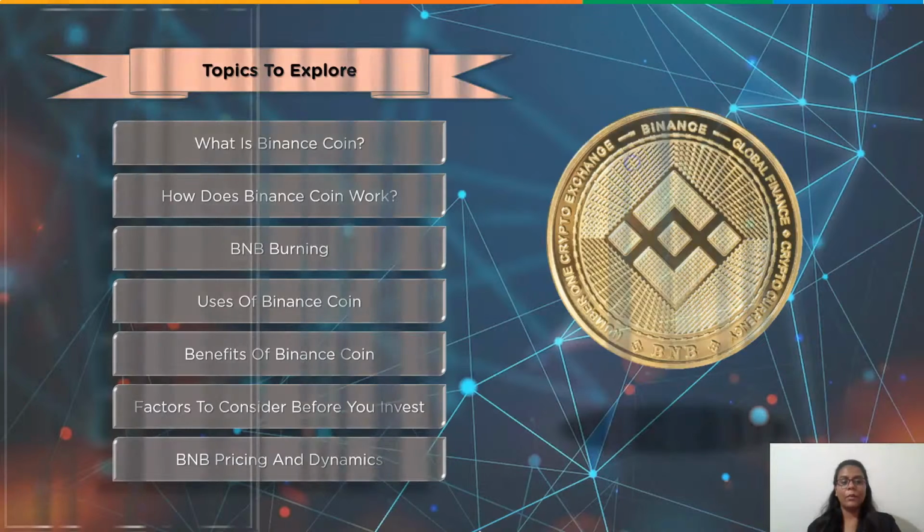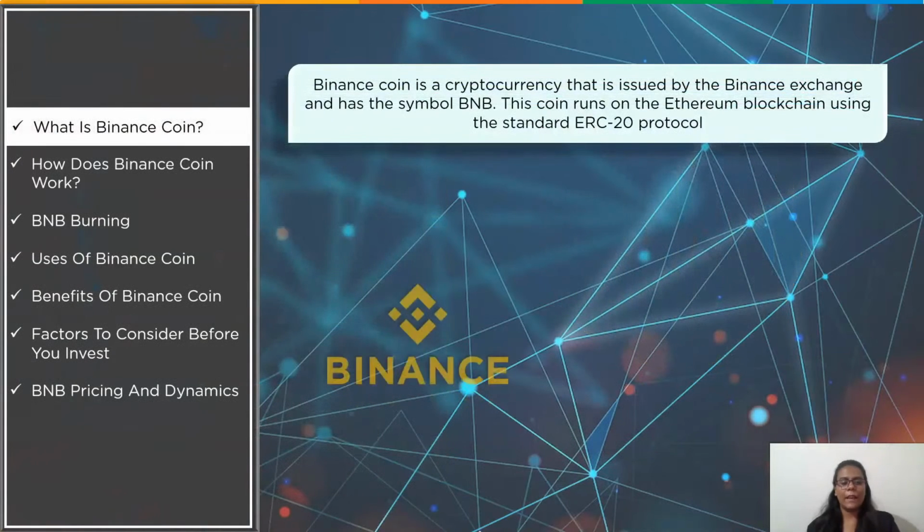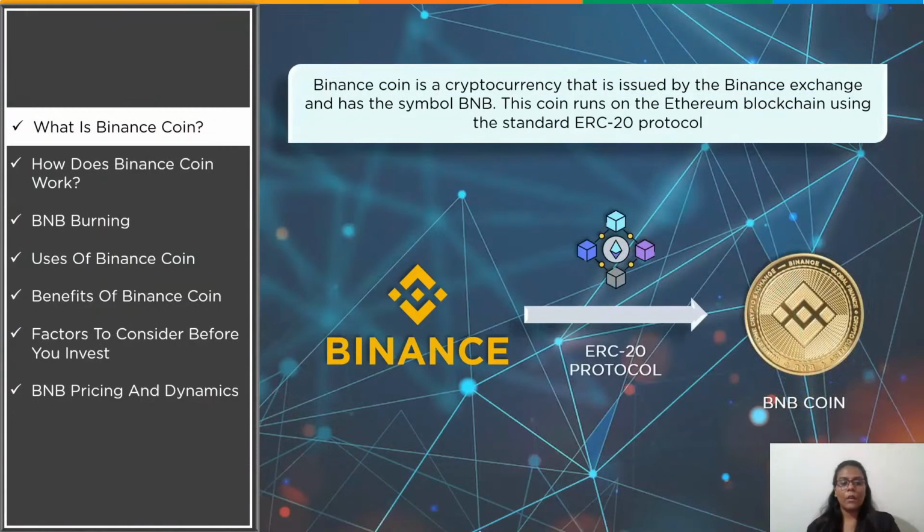The first thing that we are going to explore is what is Binance coin. So Binance coin or BNB is a cryptocurrency that may be used on the Binance cryptocurrency exchange to trade and pay fees. As of January 2018, the Binance exchange was the world's largest cryptocurrency exchange, conducting over 1.4 million transactions every second. This coin is limited to 200 million BNB tokens and runs on the Ethereum blockchain using the standard